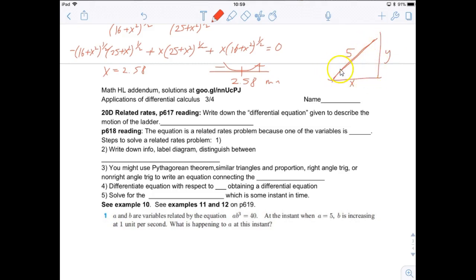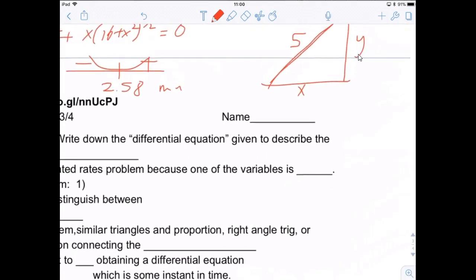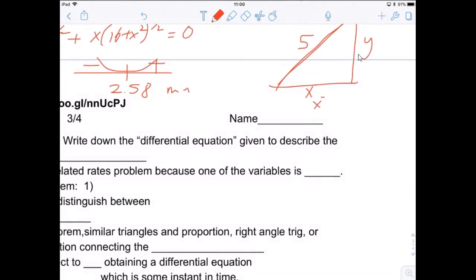This is a really easy trig problem, right? You can use Pythagoras' theorem and say that x squared plus y squared equals 5 squared, right? So let's do that first. So x squared plus y squared equals 25. And then we can relate the speed with which it is falling down in the y direction to the speed with which it's falling down in the x direction by doing a derivative with respect to a third variable here,